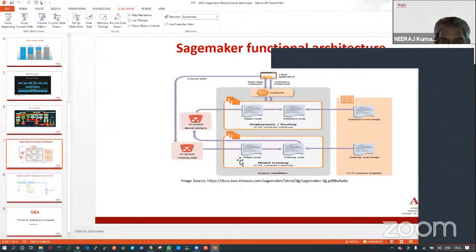When I give this data, I give this image. After training, what is the output of any training? It's a model, right? So SageMaker will push that model into another bucket as a pickle file, as a zip file. The complete model will be uploaded to this other bucket, and then at runtime, when you run, it will pull this model from here, and it will pull the supporting program which is used to run this model, which will consume this model. To run that model, you need some program, right? So it will pull the program and provide the model, and then it will generate an endpoint which will be used for serving or for inferences, right?